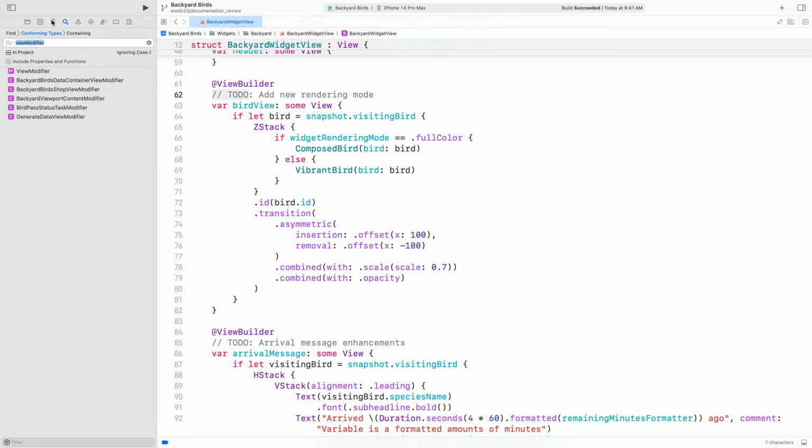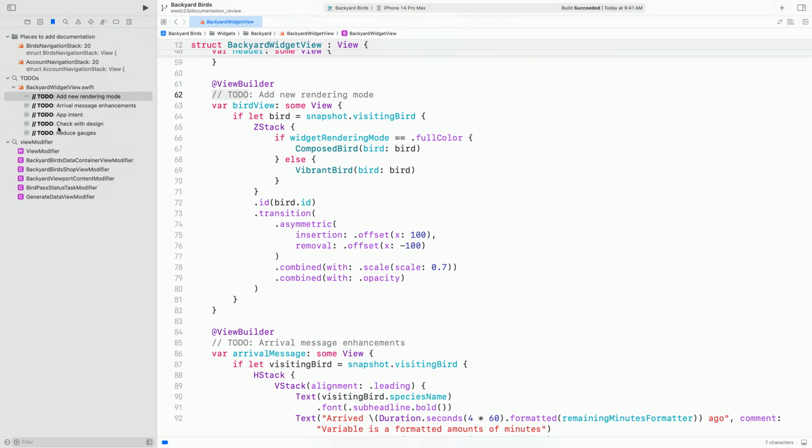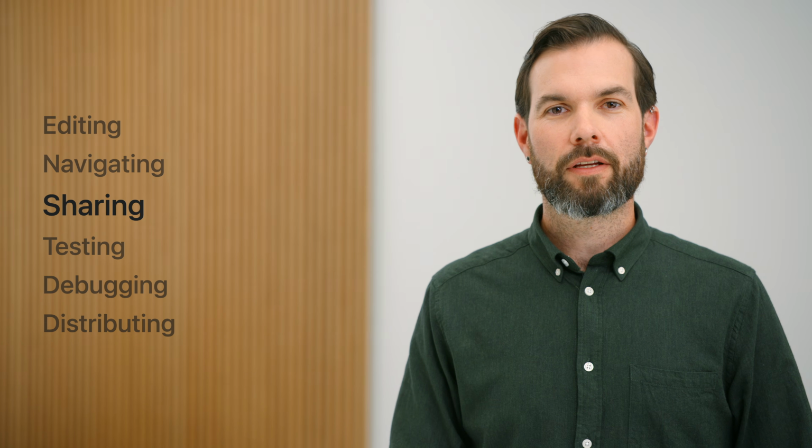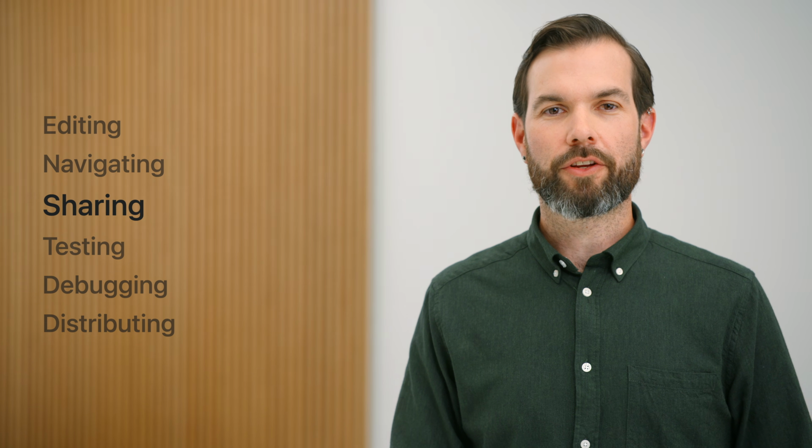My query is available in the Bookmark Navigator. If the results of my query ever change, I can refresh the list with just one click on the Refresh button next to the bookmark. Xcode 15's new Bookmark Navigator keeps track of your work so you don't have to, keeping your focus on the task at hand. Another important part of development is sharing your work.